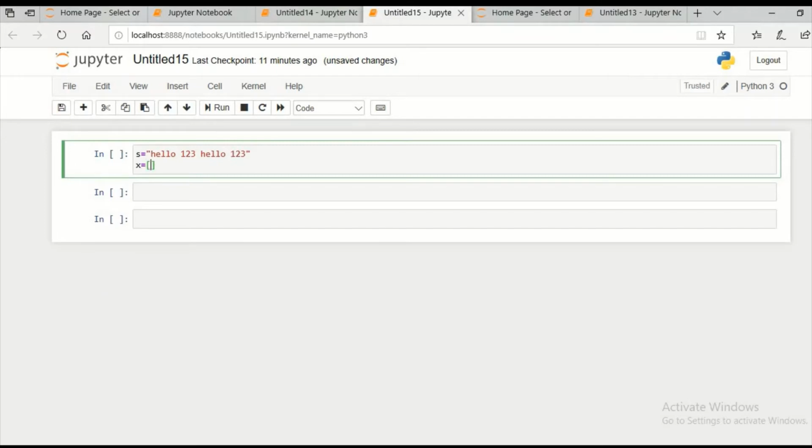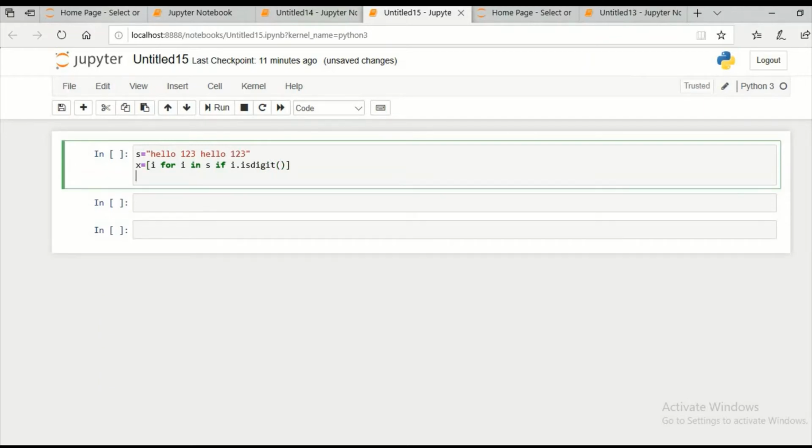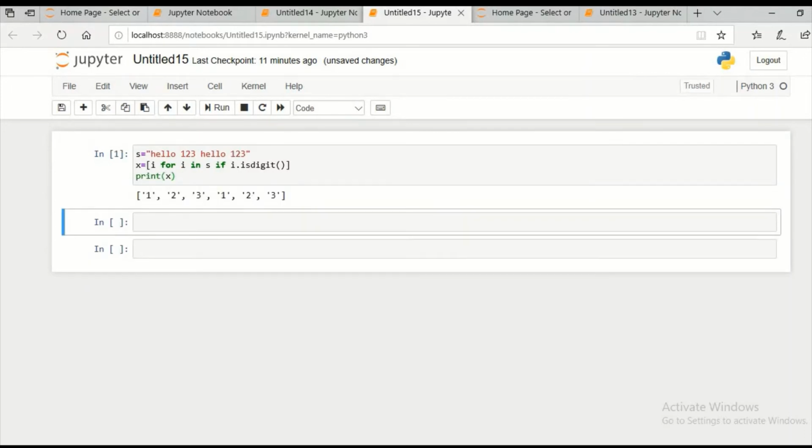So I'm taking i for i in S if i.isdigit(). I'm putting a condition over here. Let's try to print it. Print x. I get only digits over here because I put a condition in this case.